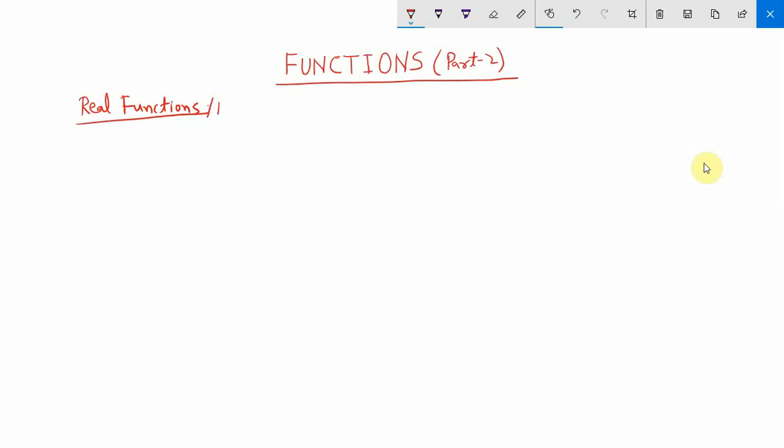So how we can define a real valued function? A function f from A to B is called a real valued function